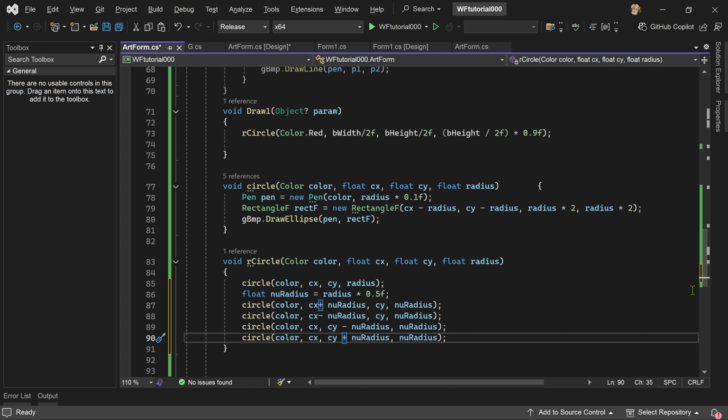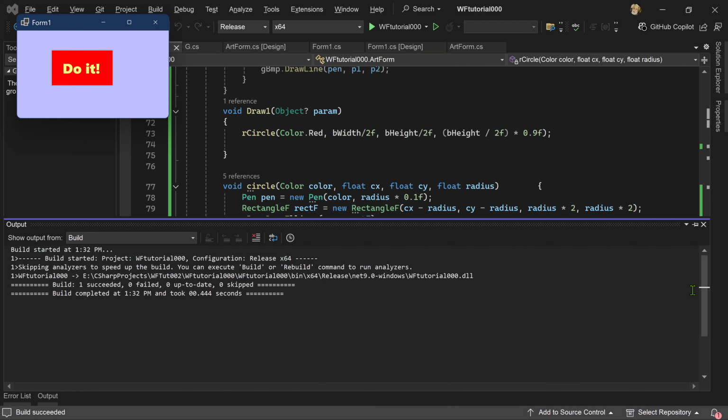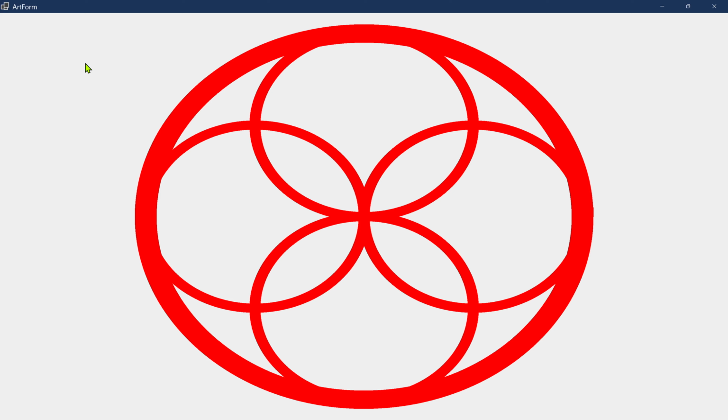Okay, so this is now, it's not really recursive yet, but we're going to make it recursive. But let's take a look at this, because the circle is made up of 5 circles. There's the outer one that's bigger, and then there's 4 ones that are inside that have half the radius of the big circle and are positioned up, down, left, and right. Okay. Now, that's the basic idea of a circle, is that we're defining a circle as being made of 5